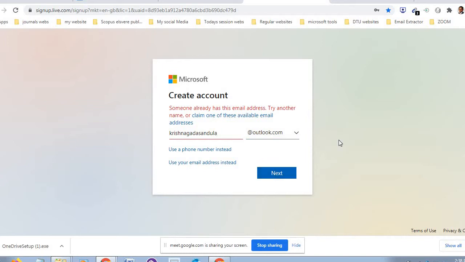It is saying that it is not registered. Okay, anyhow, you create on your own. It is already created in my name, so that's why it is not taking this.